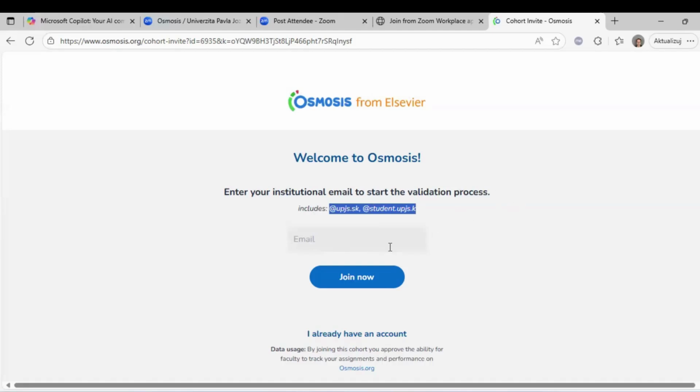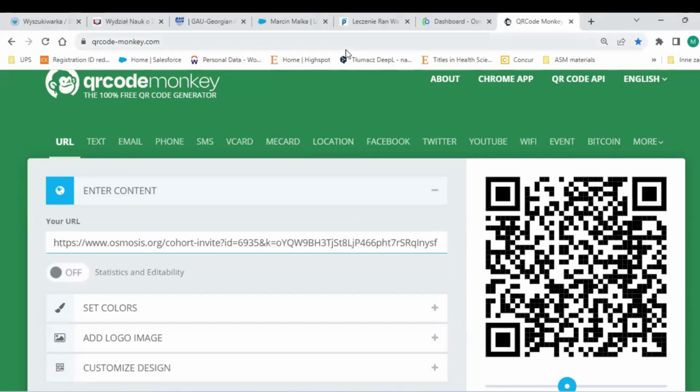needed for registration, right? So you need to put your full email with your name, surname, or the number that you have, but you need to register. Simply, you need to register. In this registration process, you will receive the confirmation link. So you need to be able to open email on your school email box, right? And then when you submit the link in this email, then you will have access to full Osmosis, which looks